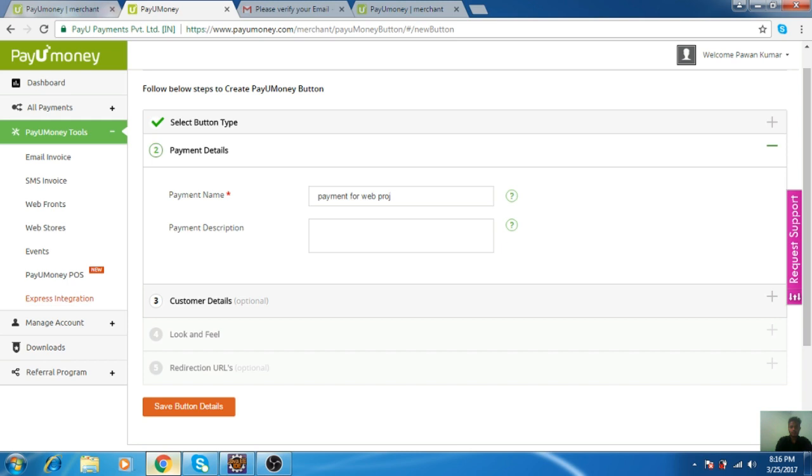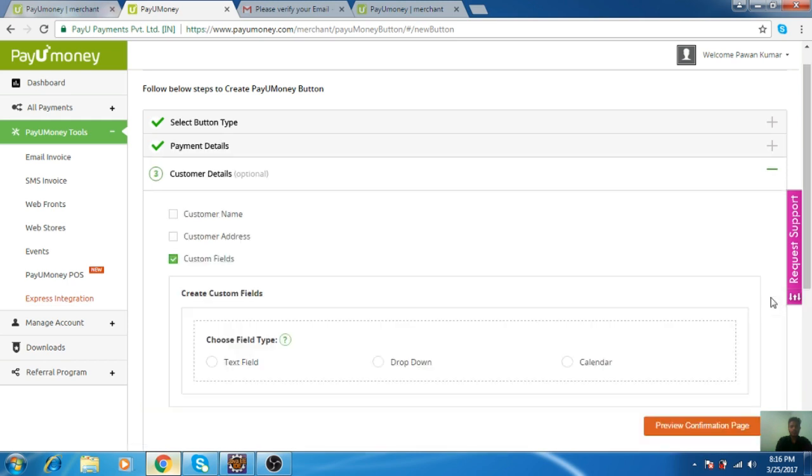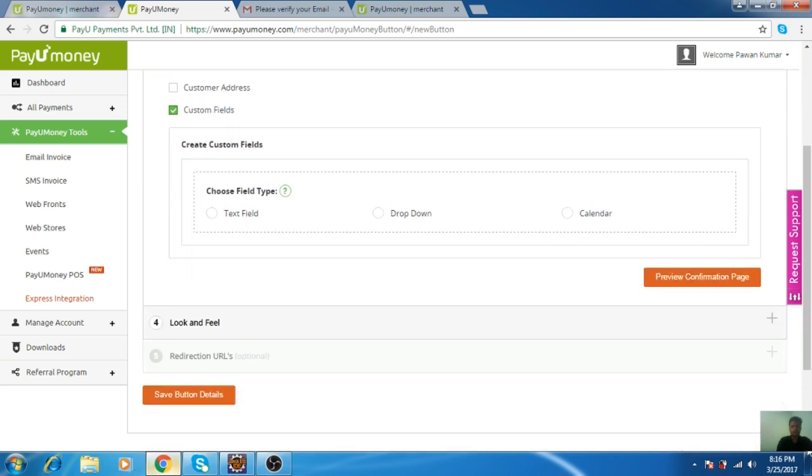Now the third step is customer details. These are optional, but you can customize also. Something like I have a customer name, customer address and payment date. So now I am going to create the text field.